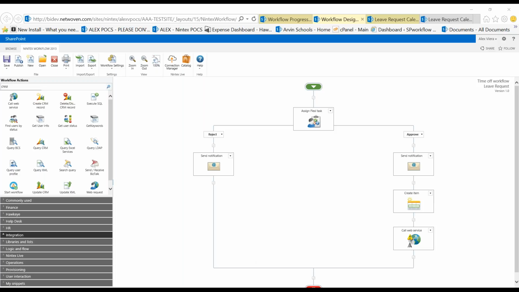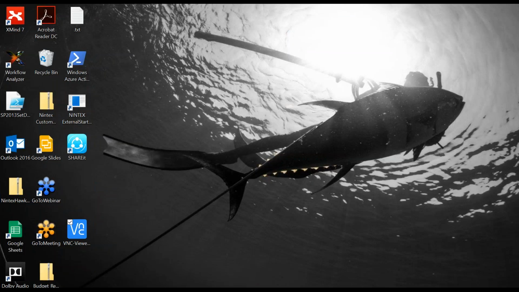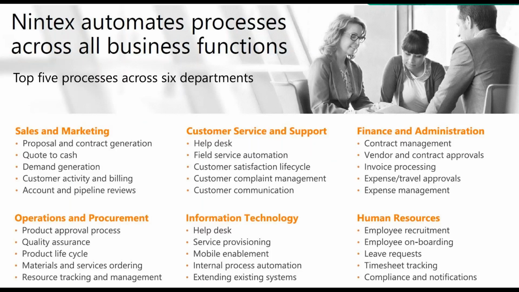Okay, so that was it for the demo. One thing I want to point out as well, when you purchase the product, we do give you a bunch of templates for you to start with: time tracking, expense reporting. There's about 10 different solutions that we will give you templates for, so you're not having to create stuff from scratch. We also offer training as well, so we will train you on this product.